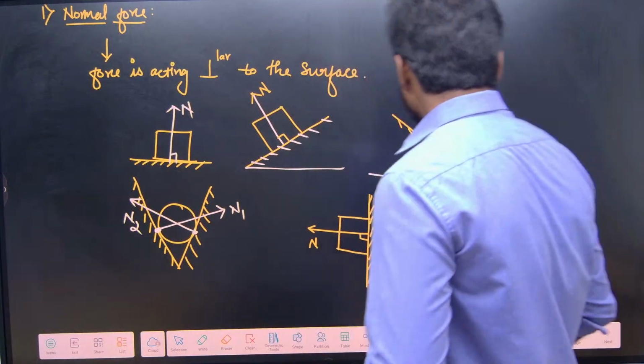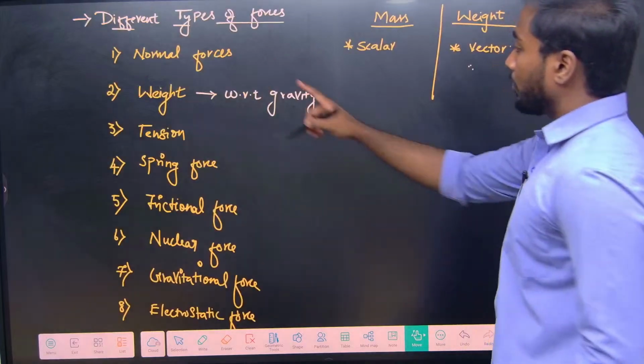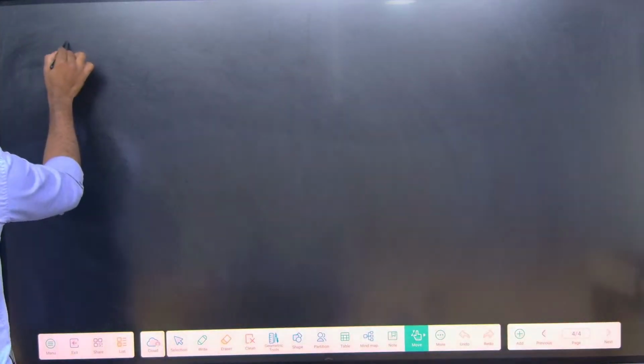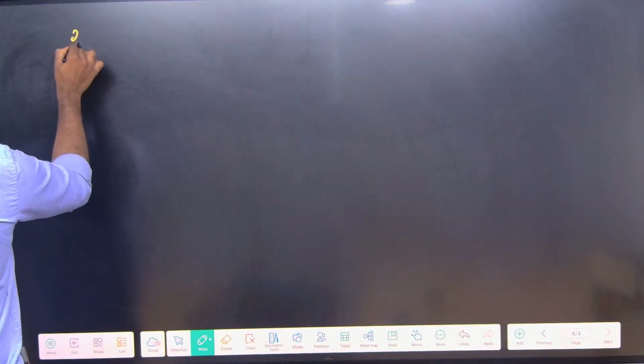Okay, done. Next one, if you see weight, tension and spring force, we'll continue with that. The next one is the weight. Second one is,